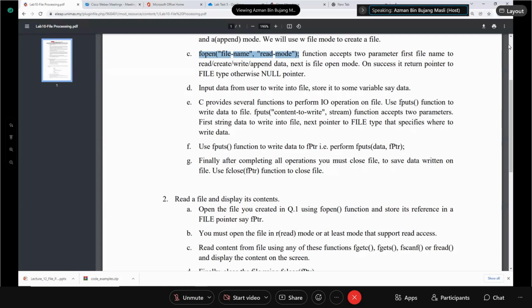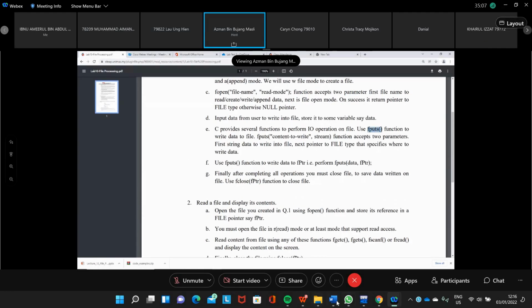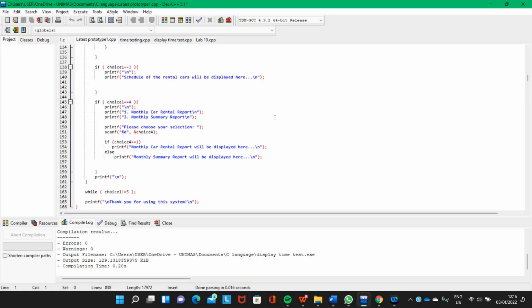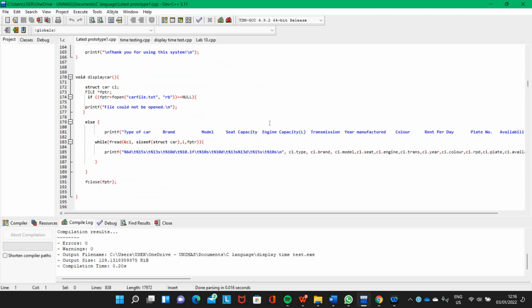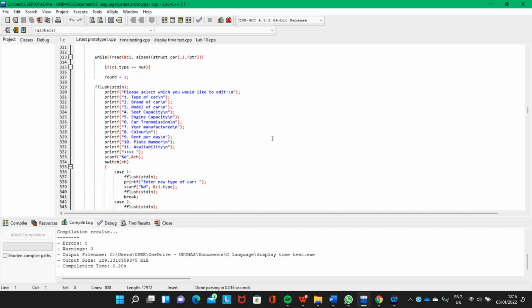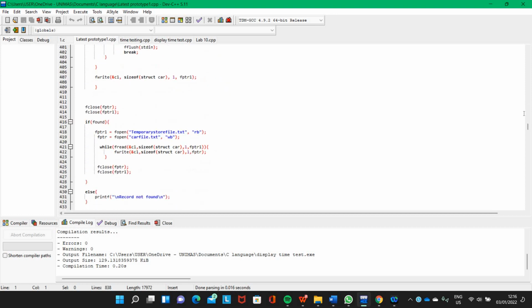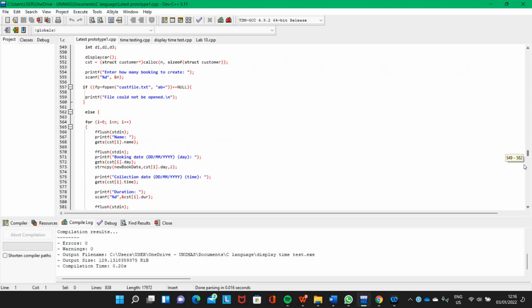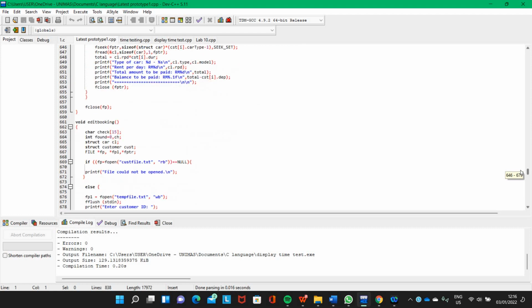You can also use fputs, which puts data. For example, here, instead of fprintf, we can try to use fputs to the file, which is input, and then cfpr.